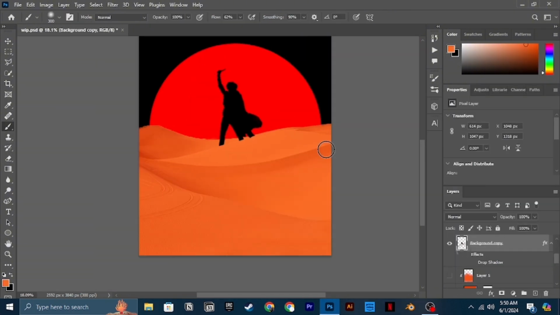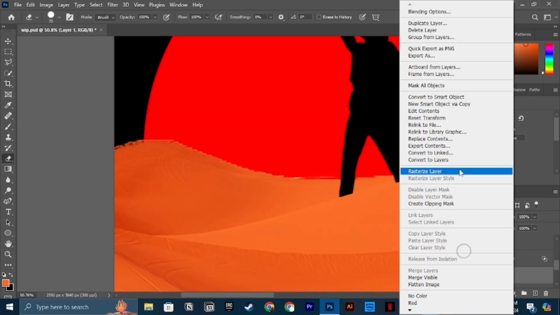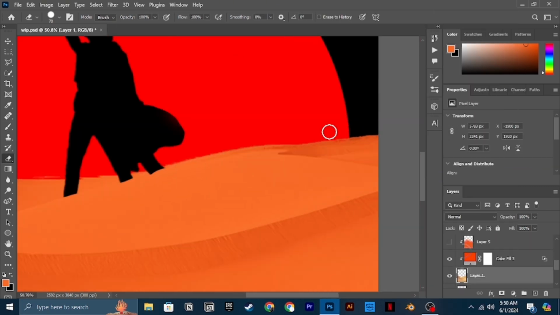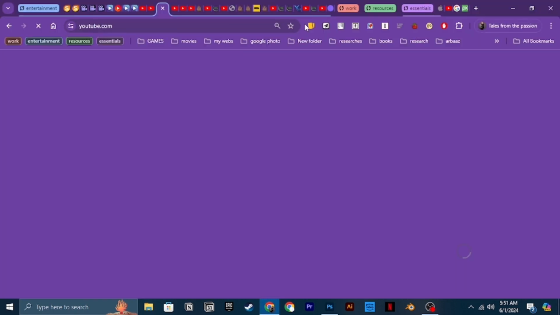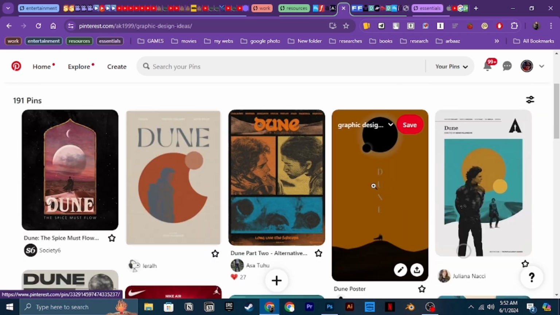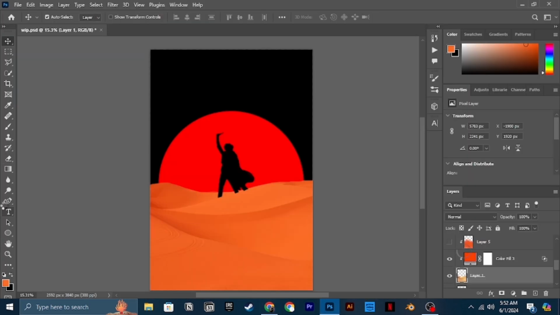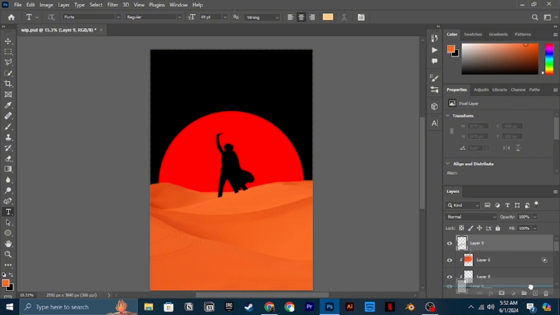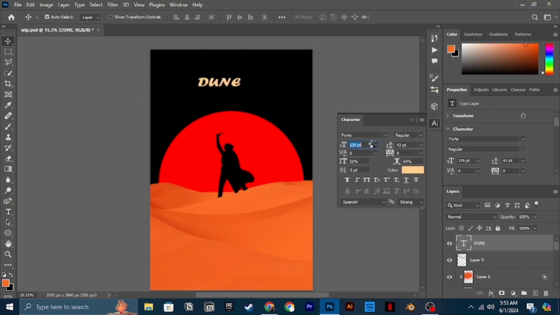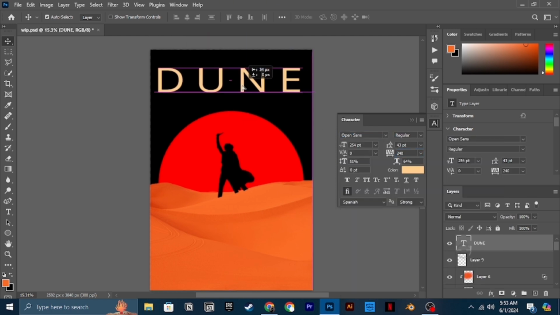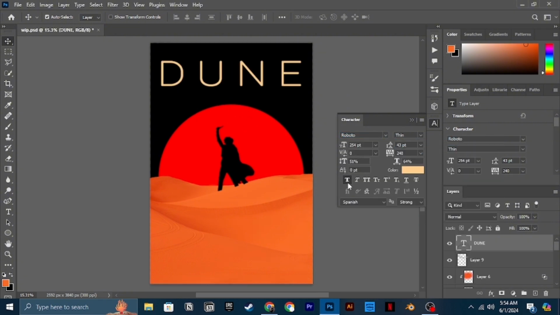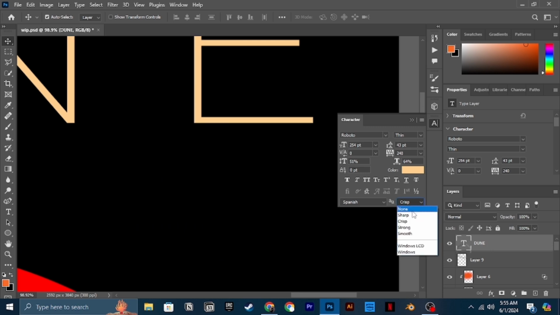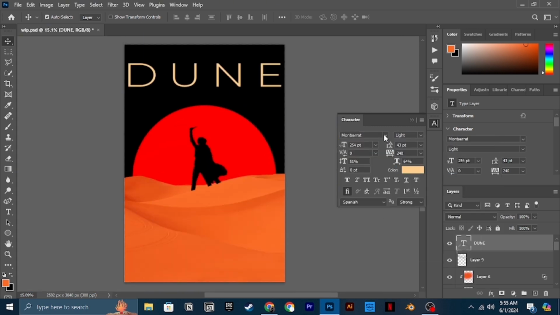And now I'm just cleaning it up a bit, cleaning out the mistakes and all of that. And yeah, this is the final design. And right now I'm also trying to find some quote. And the funny part is that when I searched for a quote about Dune, I got a quote from Star Wars, which is hilarious to me. And I also want to make a poster for Star Wars as well. Maybe that's what I will do next. So let me know if you would like that.